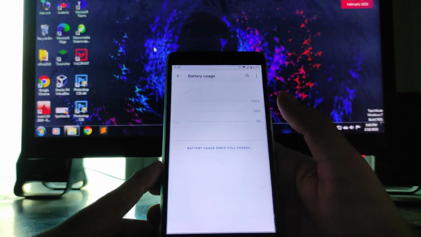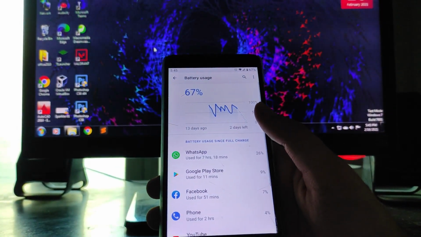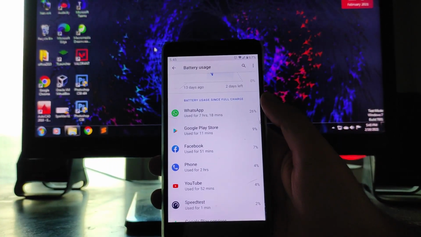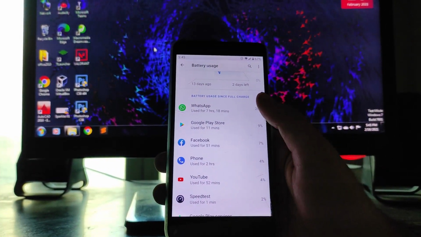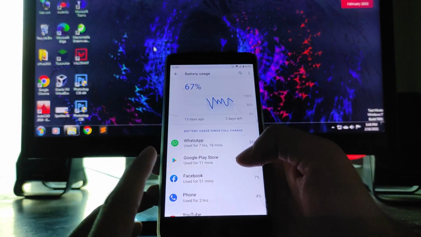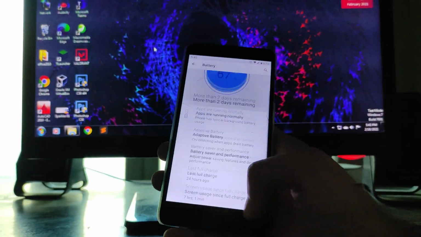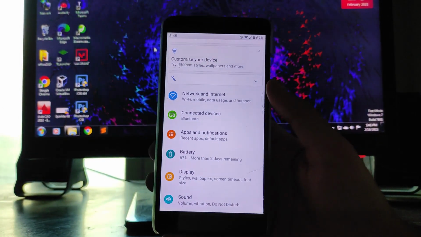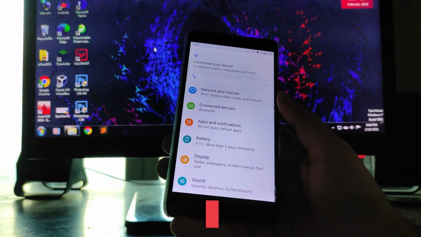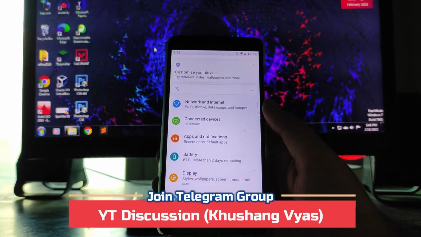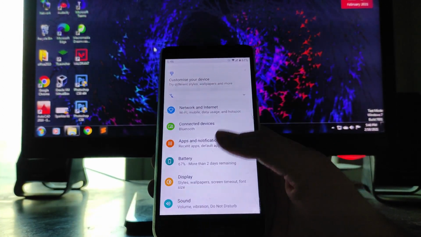Talking about the battery life here, I must say it is great. Though there are so many customizations available here, the battery life is still impressive. You get around 4 to 5 hours of screen on time with normal usage, but if you use it heavily, then you may get a max of around 3 to 4 hours of screen on time. So you cannot expect much battery life if you use it heavily.